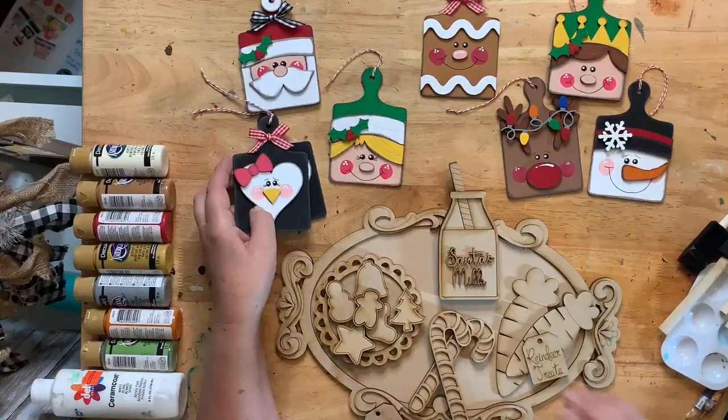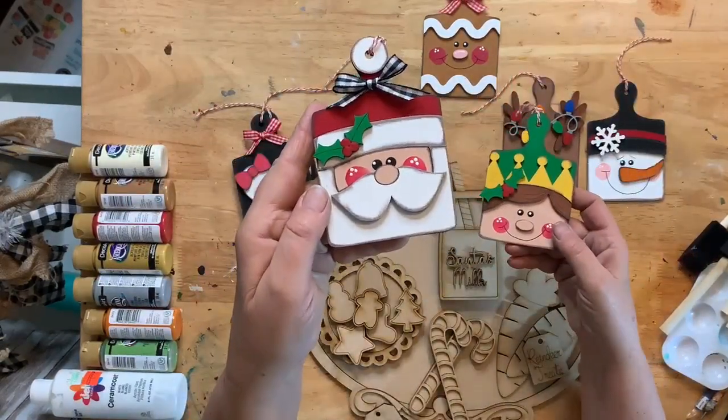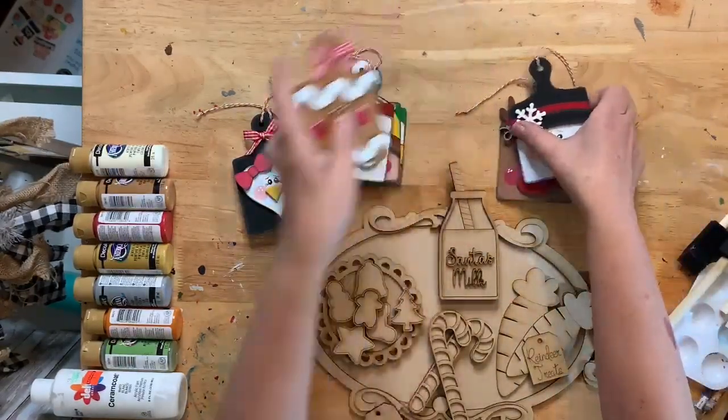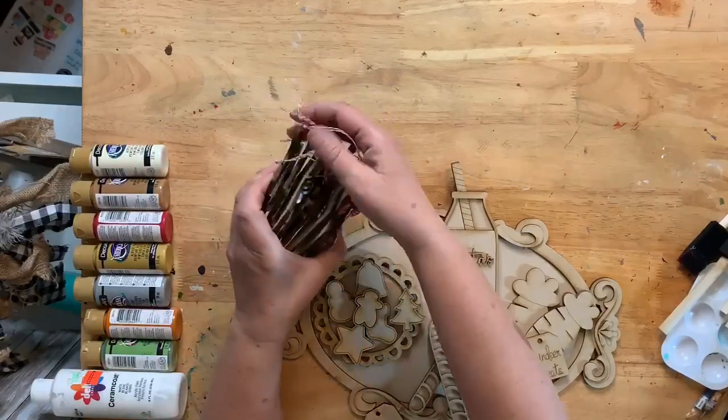So they're a basic project. This one here, the tray, you really need a little bit of help. But aren't these cute? They're just like a little mini cutting board. So I have those available, and it's a whole package, and it comes with the string, and then a couple